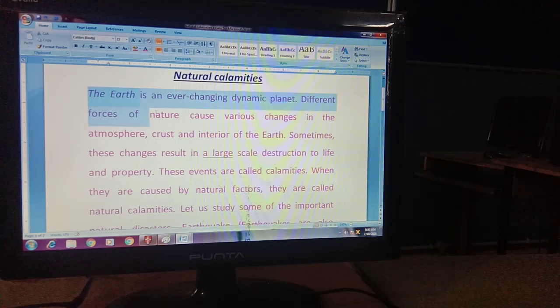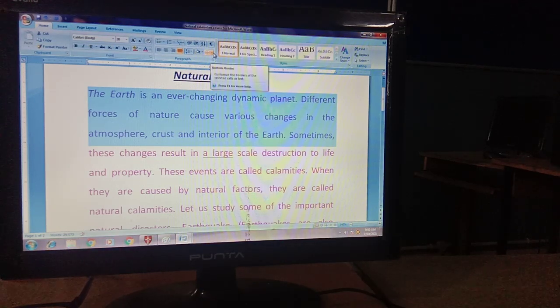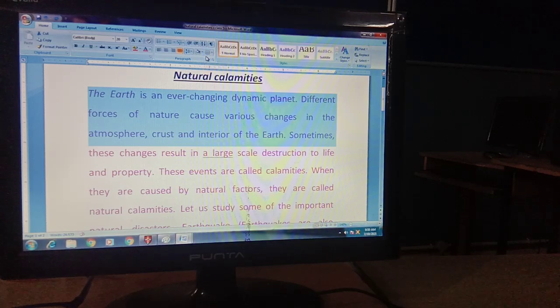For example, I want border or shading in these 3 lines only. So I have selected these lines, and where do I need to go? I need to go to the Home tab. In the Paragraph group, there is your border button.